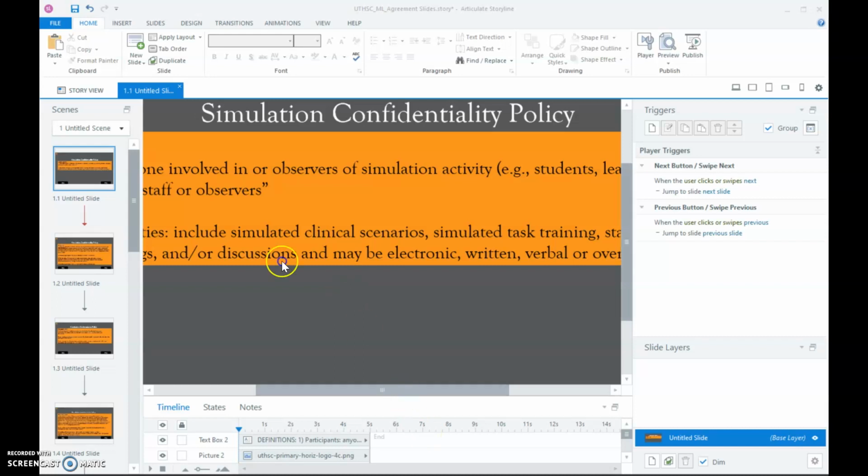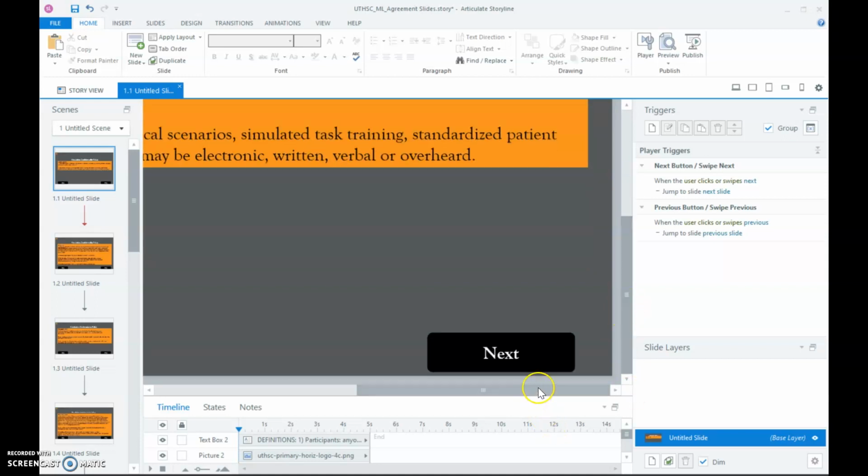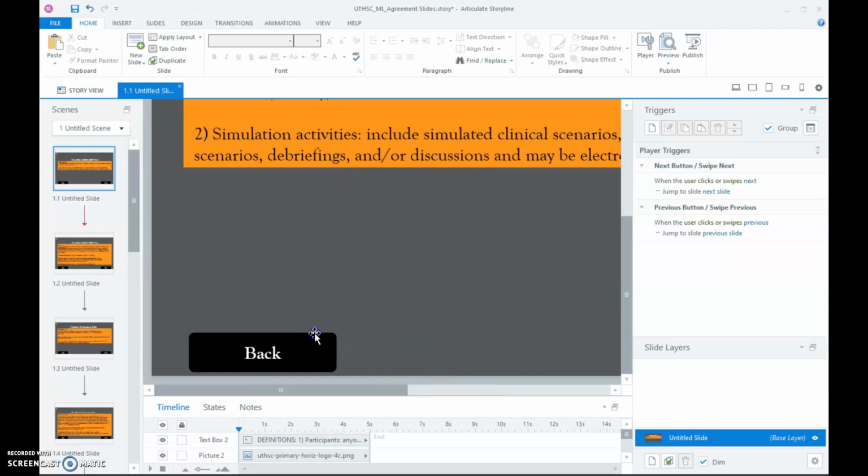Okay, just a quick overview. I think the problem you guys are having is you're copying and pasting slides, so you're losing all the coded information. So if you want to combine slides from different